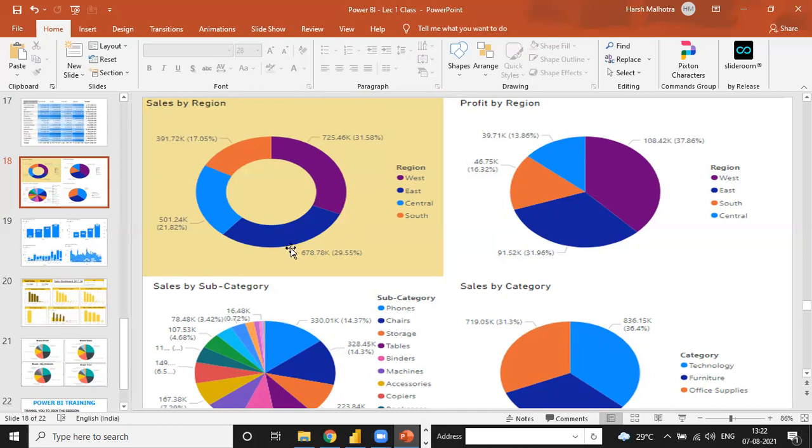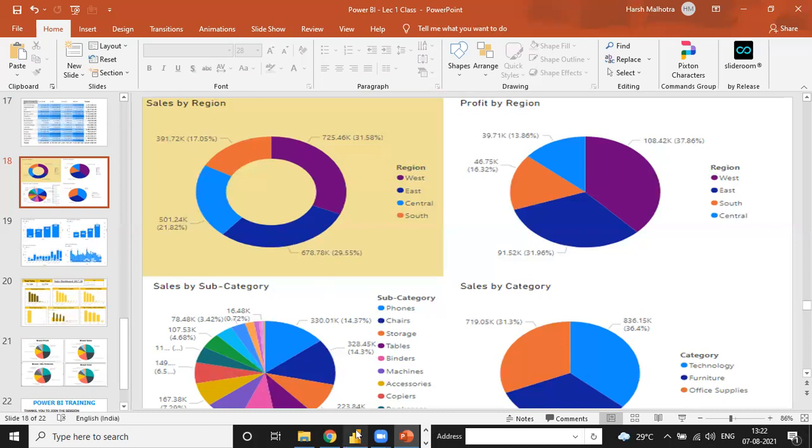But in Power BI, when you find an error, it defines that your error is in row number this or in row number this. So you can directly go to that row and remove the error. So the Power BI tool makes the report in just one manner, in just one click.